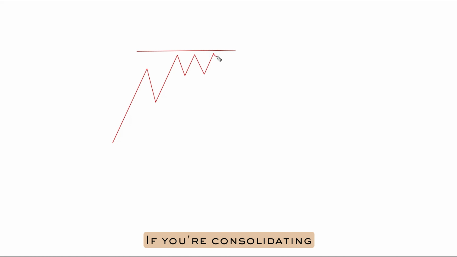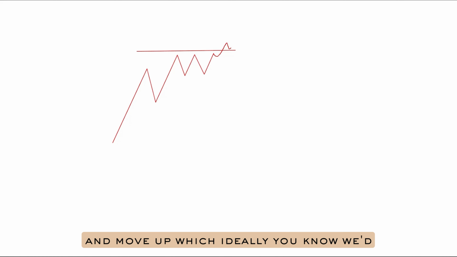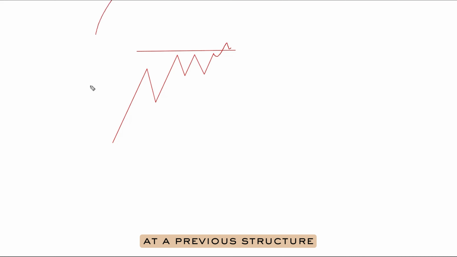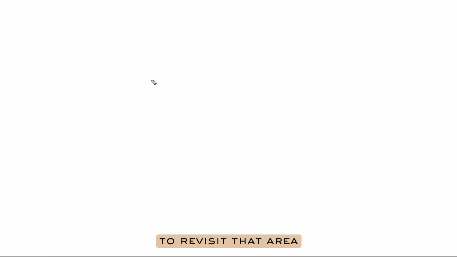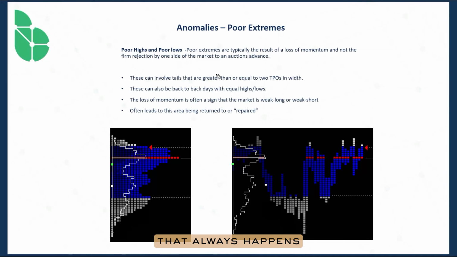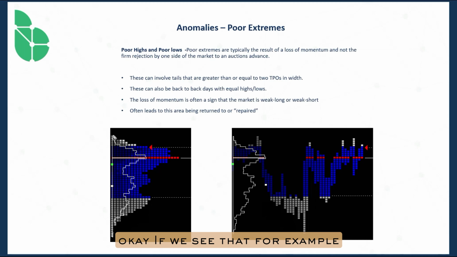If you're consolidating against resistance and now we've gained acceptance, we're looking for it to be repaired and move up, which ideally, we'd look at the next target. It might be a naked point of control at a previous structure. It might be a weekly area, a daily swing point. Again, the idea is that the area is going to be repaired, and we're going to be looking for price to revisit that area. Now, this is not something that always happens, but in certain contexts,